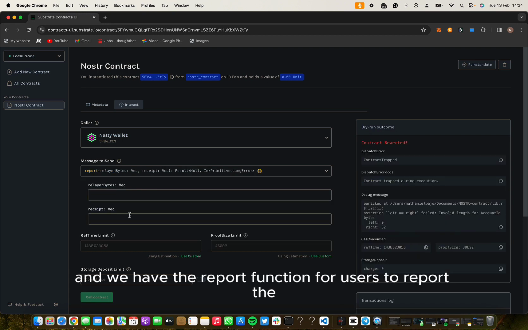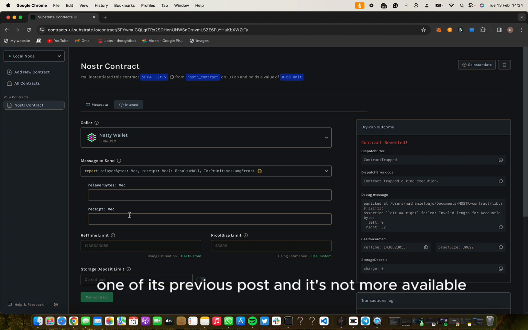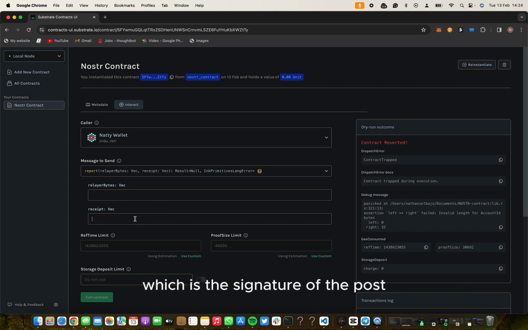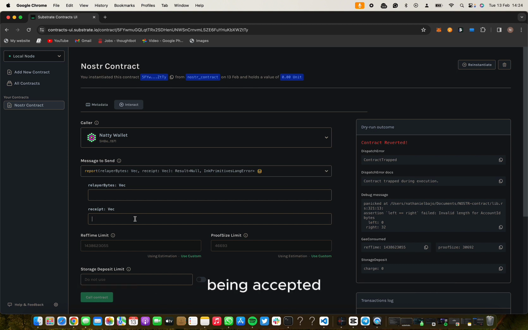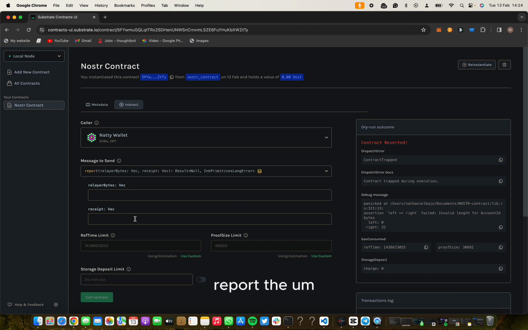And we have the report function for users to report the relayer to the contract for data unavailability. Maybe the user wants to fetch one of their previous posts and it's no more available. They input the relayer's byte address and the receipt, which is the signature of the post, because subscribed users have access to their post being accepted on the client by the relayer, and the relayer hashes the post and signs the post and stores the signature, and the user can retrieve the signature of their post and use it to report the